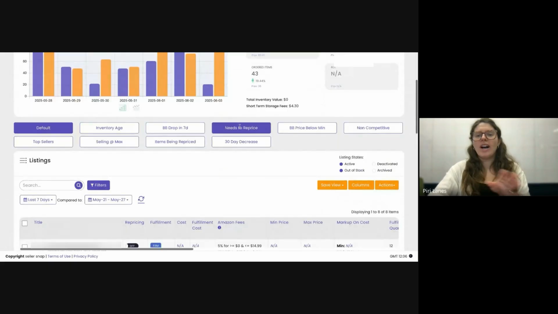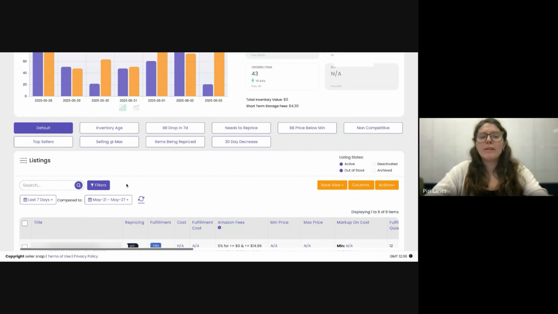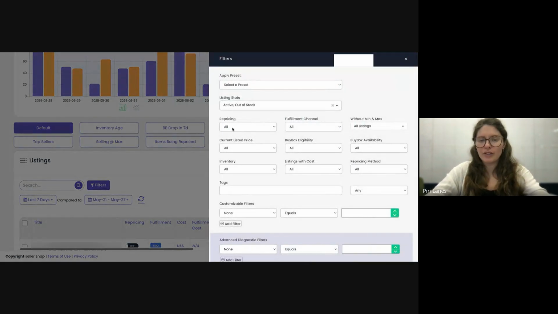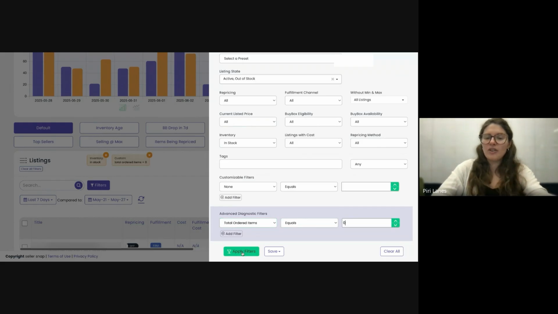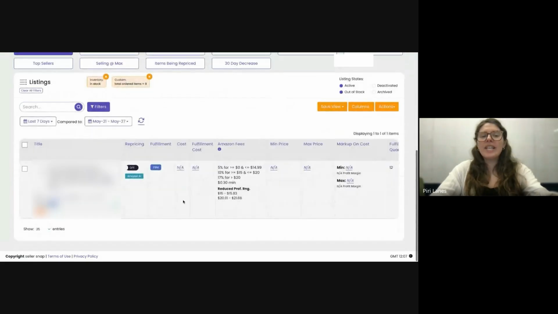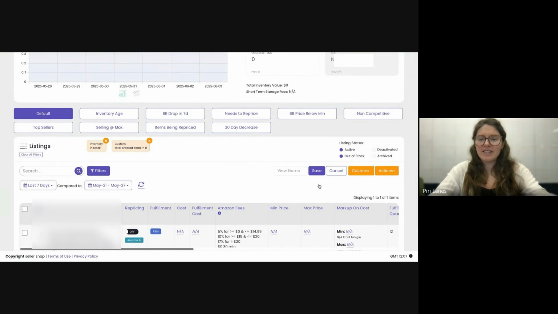The next thing is views. I don't think a lot of sellers use them, but not everyone. I think everyone should. So what you have here is you can go to filters. Let's say you're not actually repricing anything, but let's say for listings that are being repriced, inventory that's in stock, and listings that have had zero orders in the last 7 days, we can see which listings come up under that. So we can save this as a view, and we'll call it zero orders